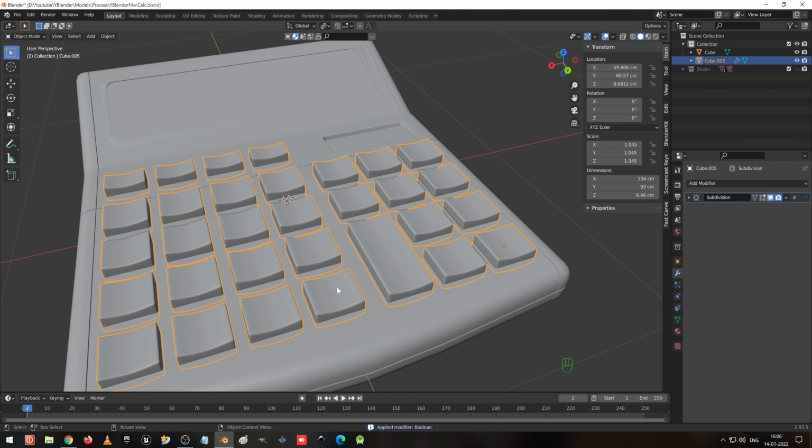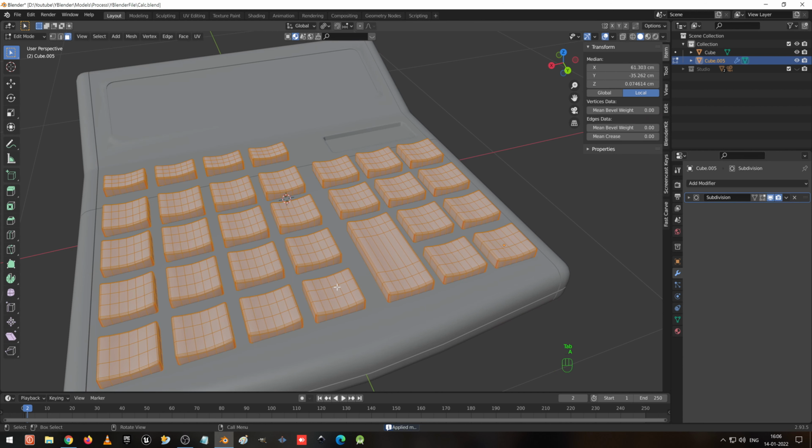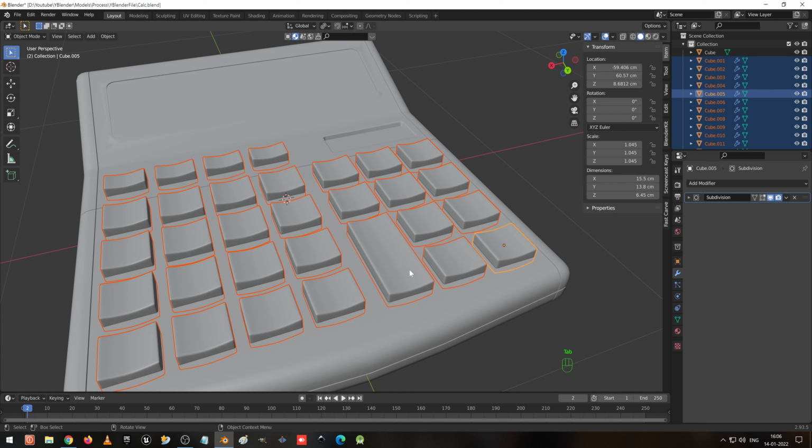Now I'm going to select this and go to edit mode, select everything, P and separate by loose parts, and now the median origin we have to, it should be individual origin, and make it everything 1 and enter. I control Z. Yes, to scale it down.